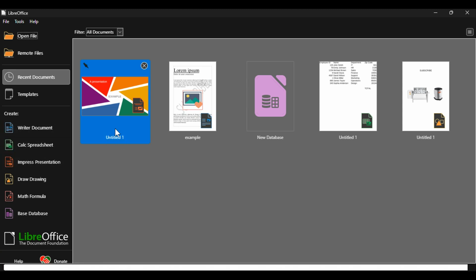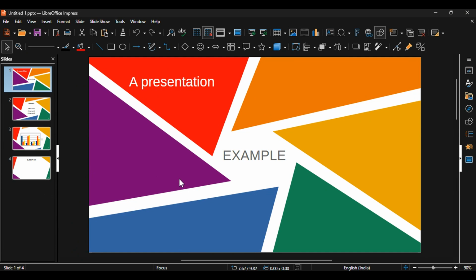Now that your presentation is open, take a look at the top menu bar. This is where most of the important formatting tools are located. Click on Insert, because that's where LibreOffice keeps options for adding extra elements to your slides. When the drop-down menu appears, find and click Page Number. This adds slide numbering to your presentation, which is especially useful when you want your audience to follow along more